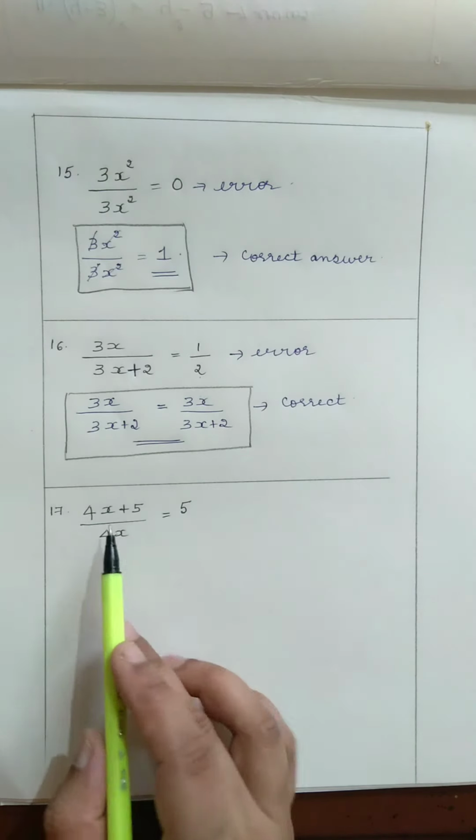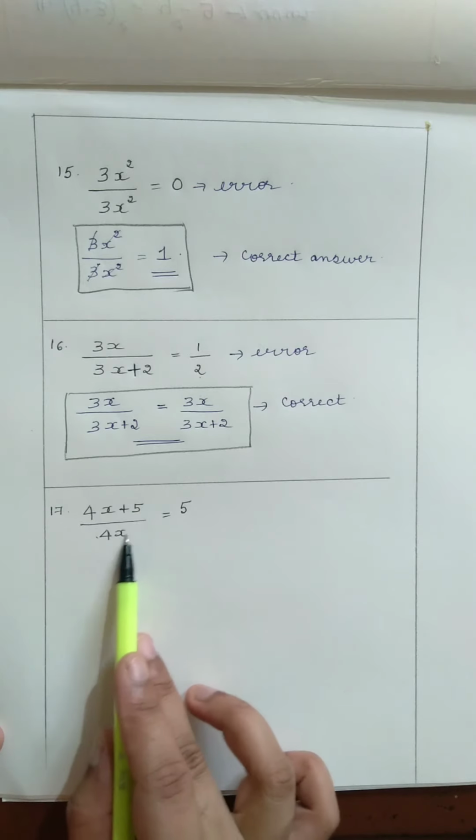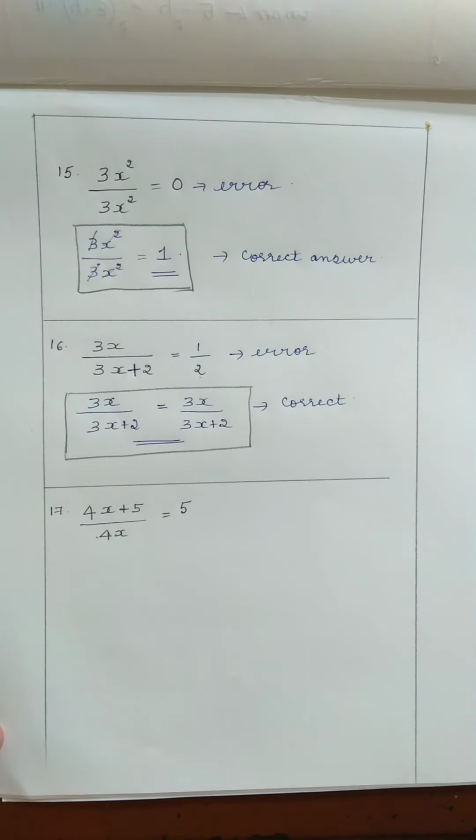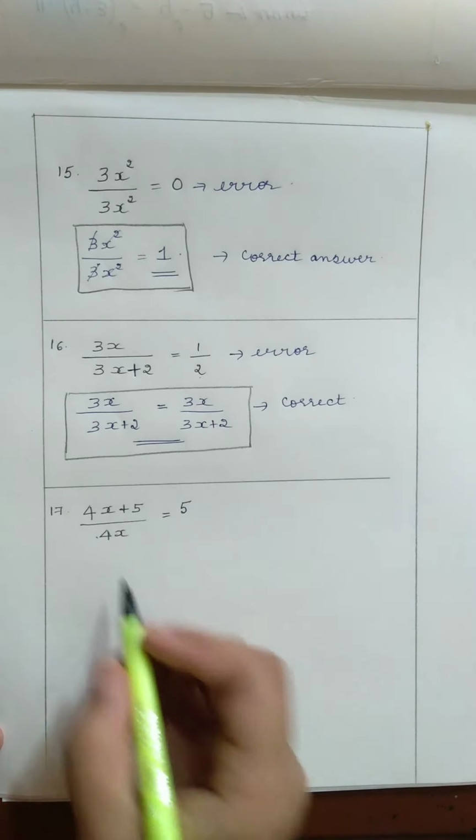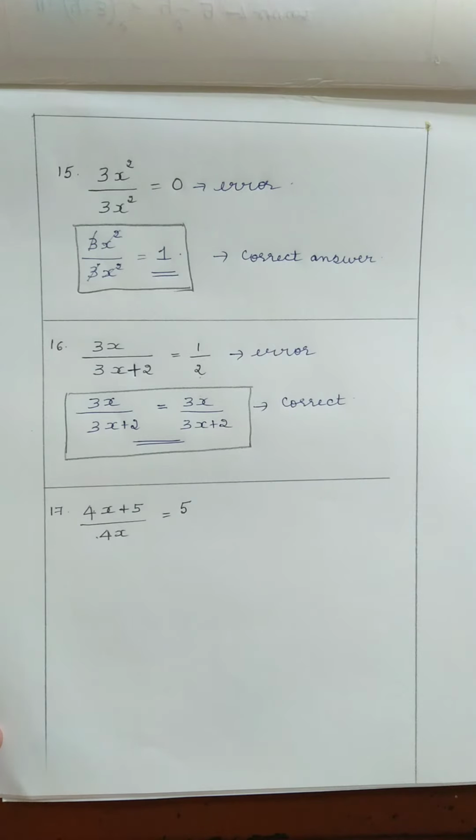So, now consider the denominator, in which we have 4x. In your previous classes, you might have studied monomial, binomial, trinomial expressions. So, consider the denominator 4x. It is an example of a monomial. In such cases, when the monomial is present in the denominator, the step followed for the simplification is that the numerator has two terms, 4x plus 5, and each term of the numerator gets divided by the monomial, that is 4x.